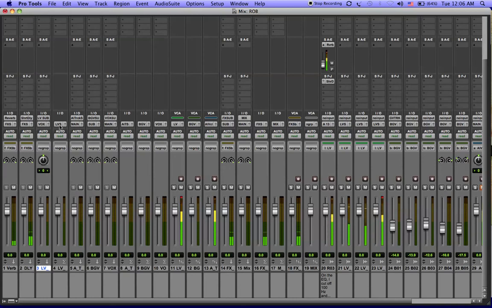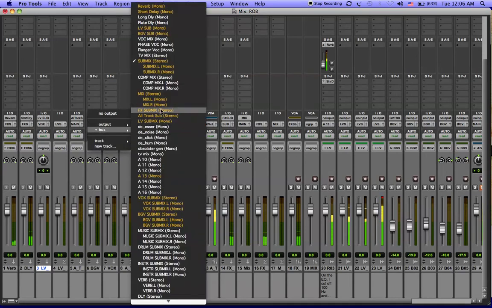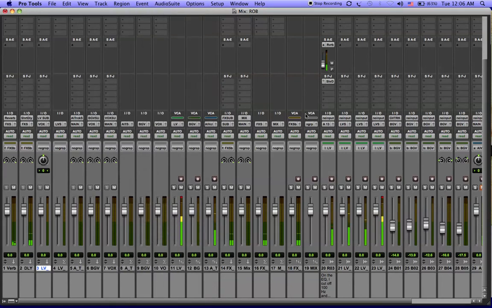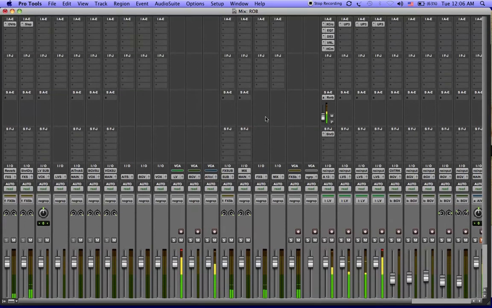And I'm going to change the BG to Vox submix. The reason you're doing this is it's not to make your track count high, but it's to minimize